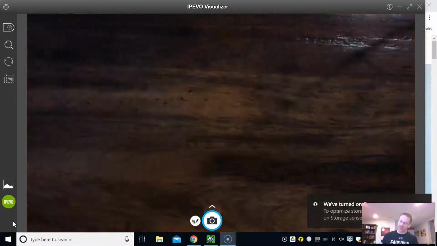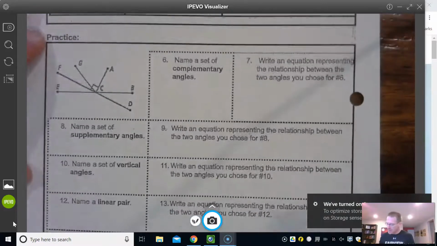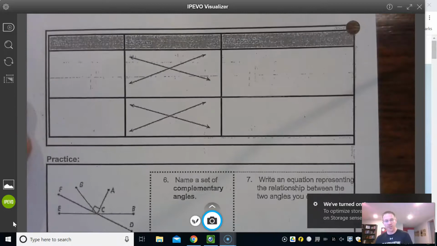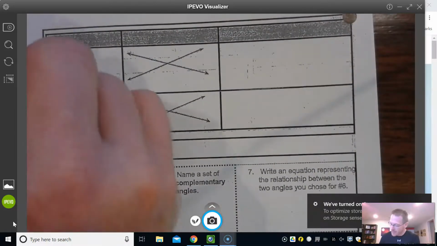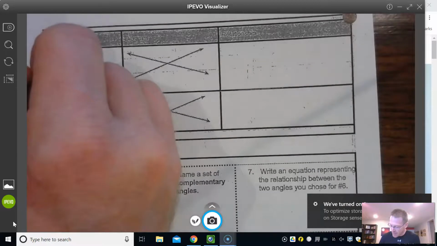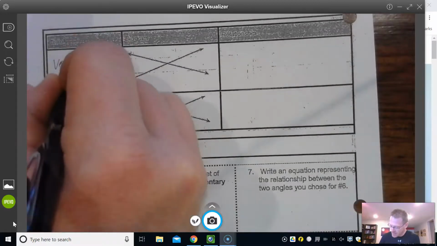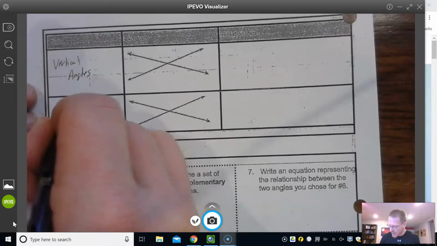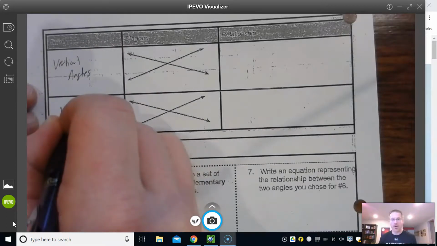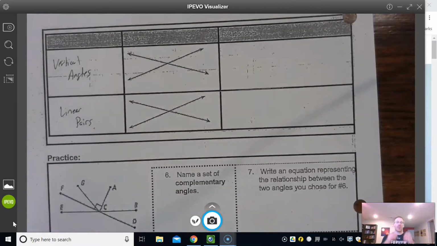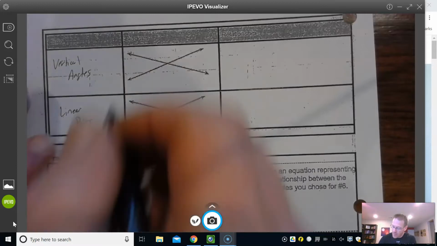So now let's go ahead and flip over. Then I'm just going to go through our terms here at the top, and that will wrap it up for our video for today. So if we have vertical angles here, and we're going to have linear pairs. Now, what we want to understand is that we get vertical angles and linear pairs every time two lines intersect. Every time. So once again, I'm just going to go around